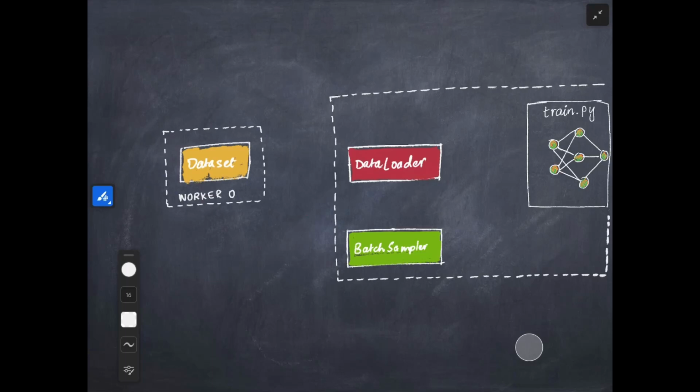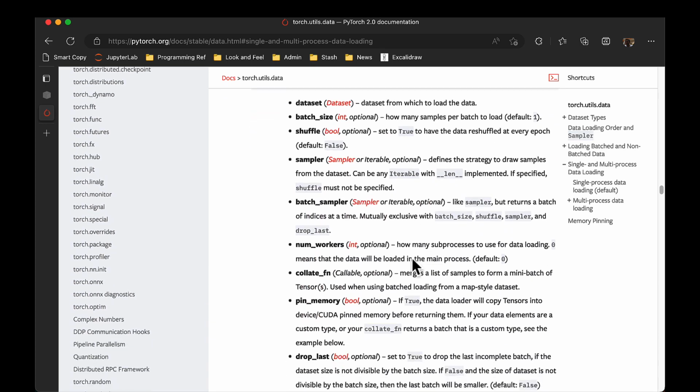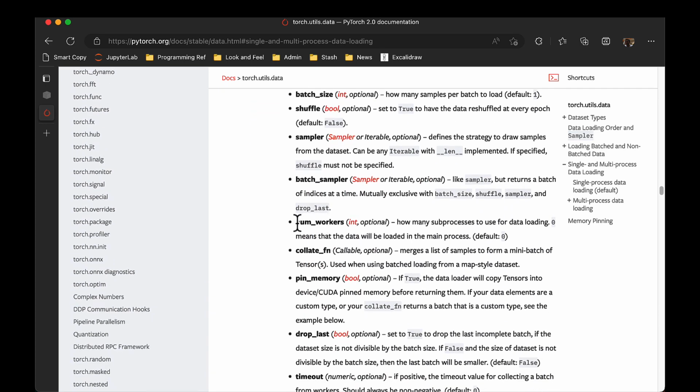Now let's see what happens when we have a separate single worker process, let's call it worker 0, that's responsible for fetching data from the dataset. This can be configured when we are instantiating the DataLoader object. One of the parameters of the DataLoader object is num_workers, which is the number of subprocesses to use for data loading. The default value is 0, which means everything is happening in process,